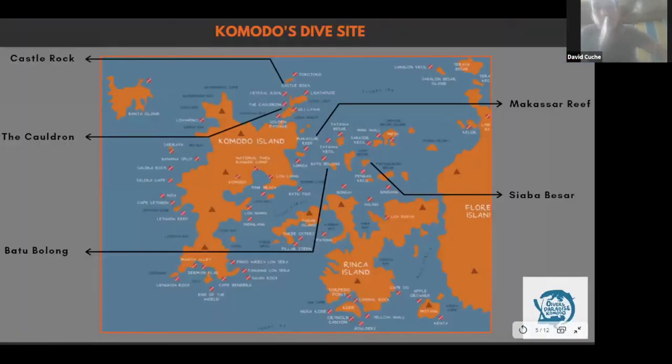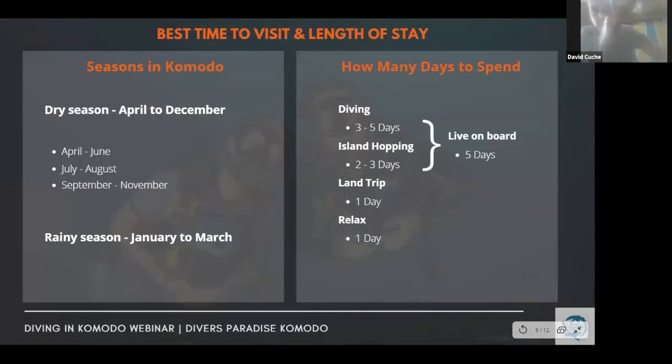You can dive all year long in the national park. You have 10 months of dry season with a little rain and some months without any rain at all, and you have the rainy season from December to March. So the best time, I would keep saying, is March to December,